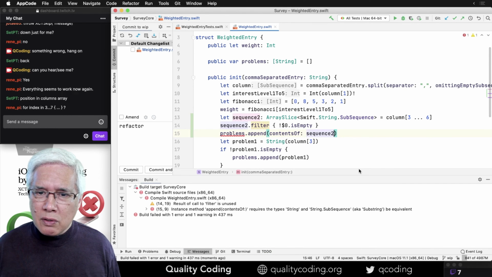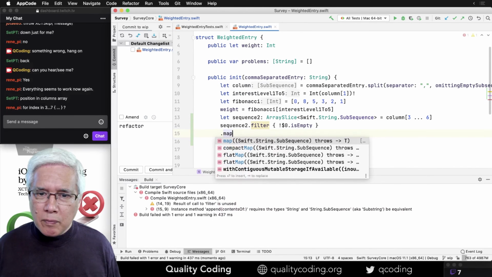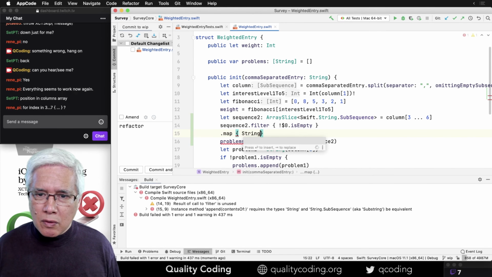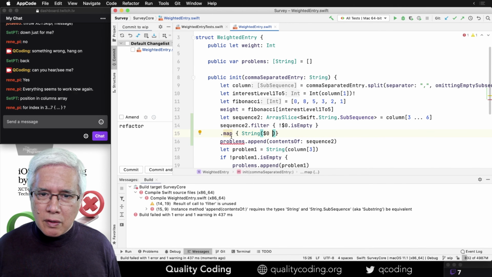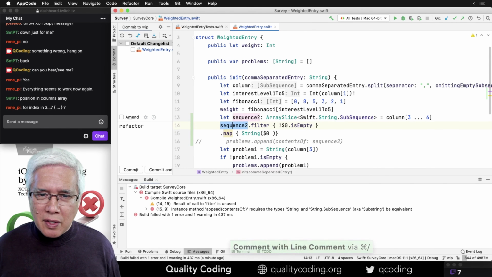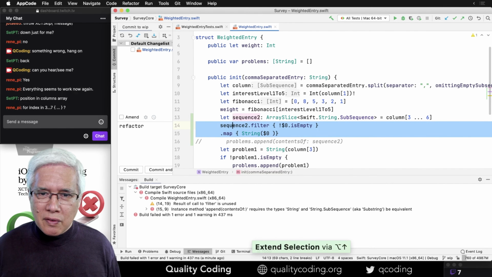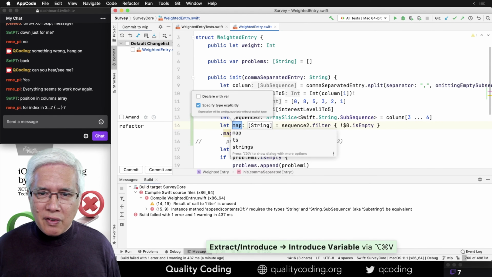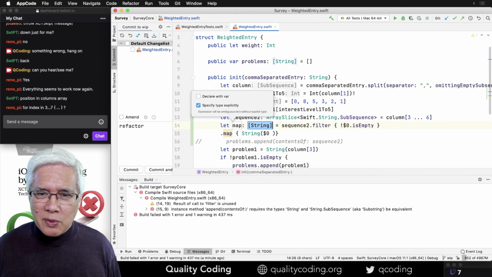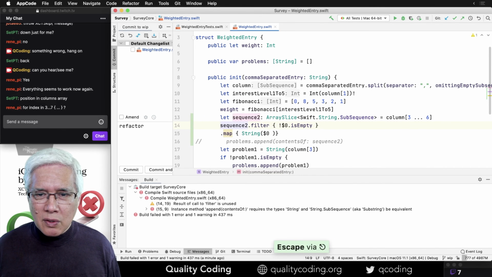And so I want to map them now to that. Before I do this, let me see what we get if this were extracted to a variable, it would be an array of strings. So that seems okay.